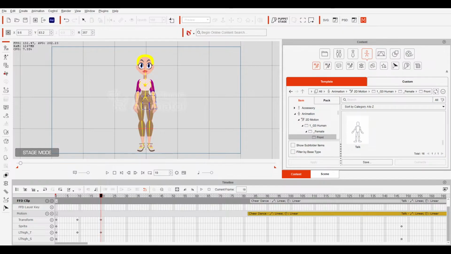Okay, let's move on to facial animation now. The Create Script tool on the left toolbar allows you to create talking animation for your character via recorded voice, text-to-speech, audio files, or a cartoon script file from Cartoon Animator. In this case, I'm just importing an audio MP3, after which I'll play back to test the automatic lip sync